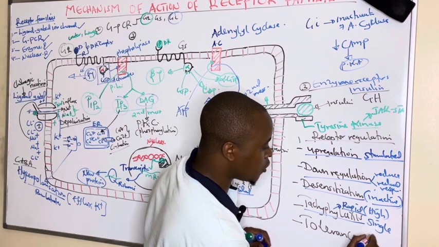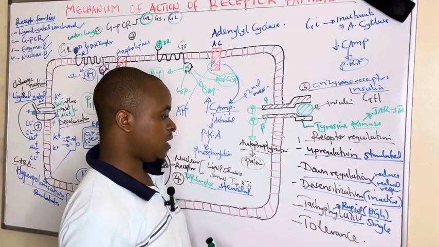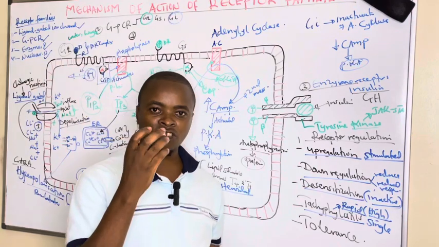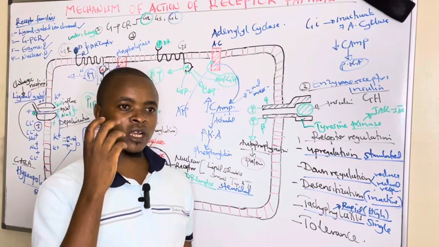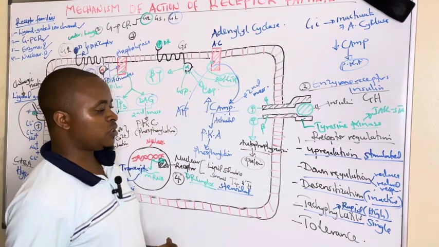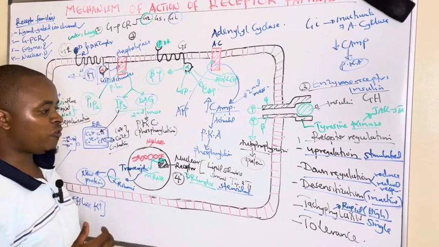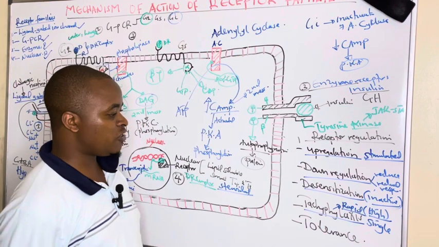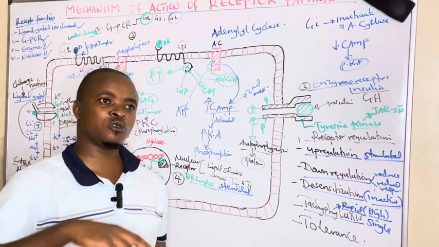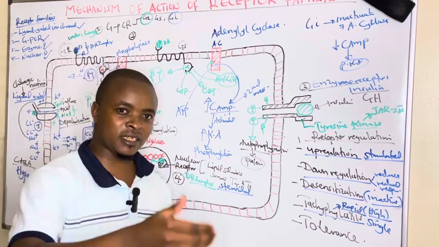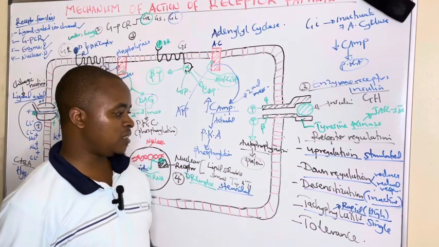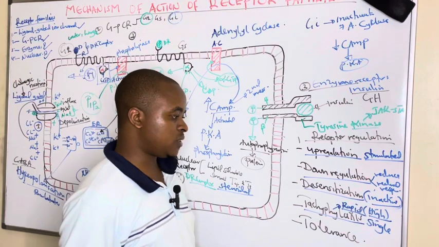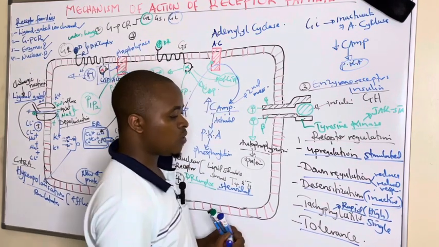So long as this dose is very high, it can cause tachyphylaxis, which is characterized by reduction in the number of receptors and not responding to the drug. So you find this drug can no longer respond. Someone cannot respond to a certain drug which they were responding to, due to abuse, taking it oftentimes. So this one occurs at a high rapid dose, but tolerance is the one that occurs